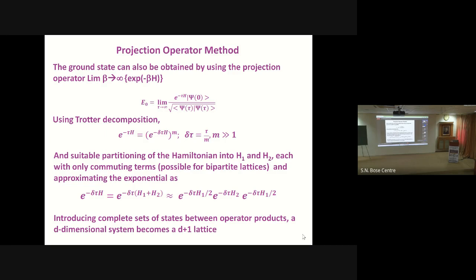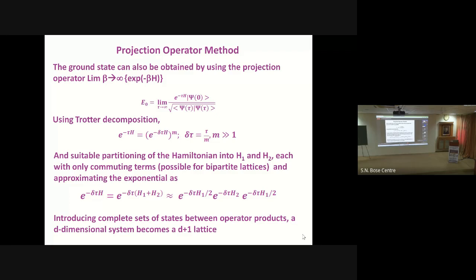Okay, it's relevant in the following sense. Supposing they obey the area law, and your tensor networks also obey the area law. So the area law obeying states can be expressed in terms of